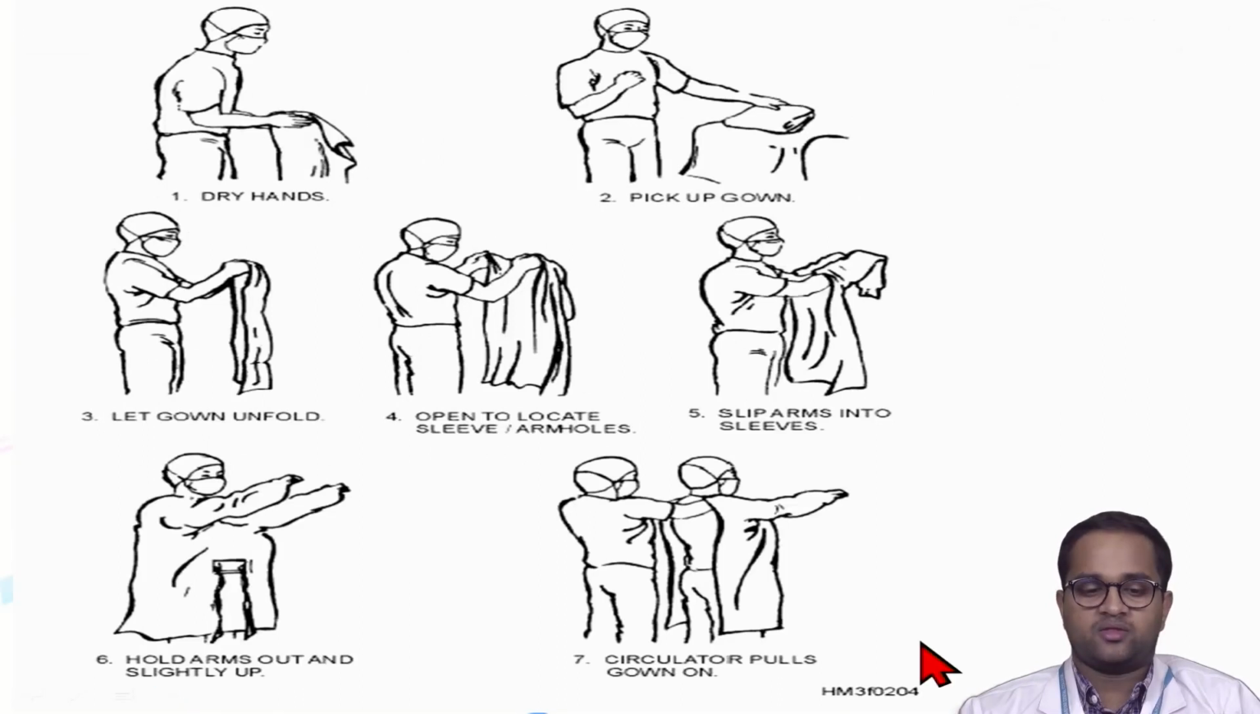Now we come to gowning. The first step is drying of hands after sterilizing your hands. Second step is picking up the gown. Third step is to let the gown unfold. Fourth step is to open it to locate the sleeves or armholes. Fifth step is to slip arms into the sleeves. The sixth is to hold arms out and slightly up. The seventh step is the circulator pulls the gown on, as in you have an assistant who helps tie the